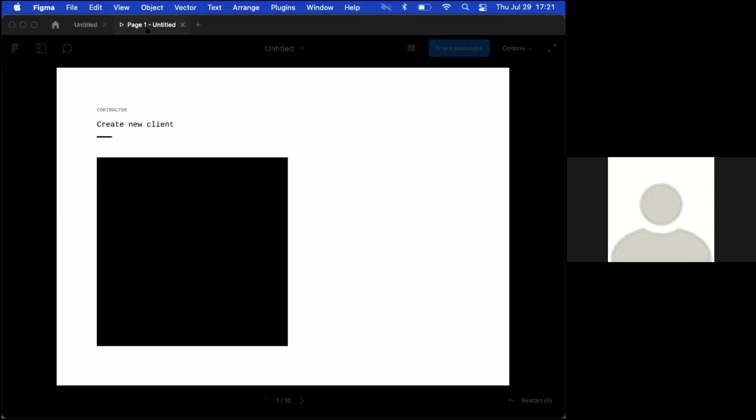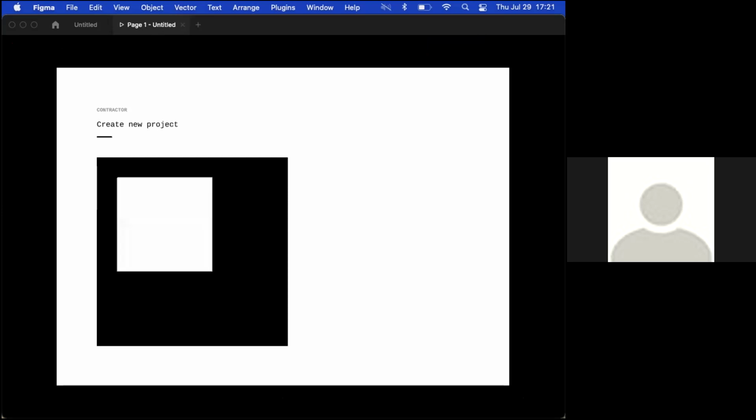So anyway, the first step here from the contractor's point of view is that they would use this tool, they would create a client, and they would create a project nested underneath that client. The project would have a contract, and then they would nominate a mediator. They would say, in the event that there's a disagreement, this is the person who I defer to resolve that disagreement.